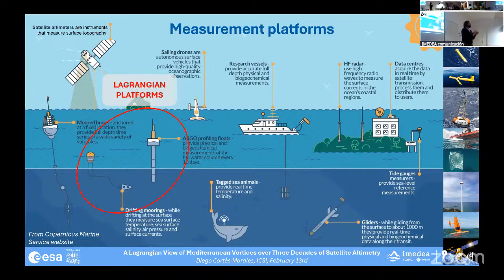The in situ platforms give us a very nice temporal resolution of the measurements, but a very scarce spatial resolution. Imagine that we have to launch a lot of drifting moorings to have a nice spatial coverage. However, with satellites,